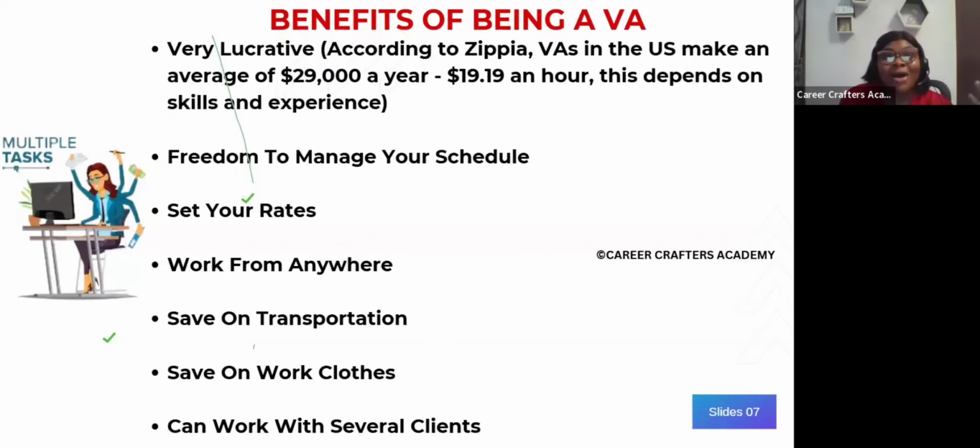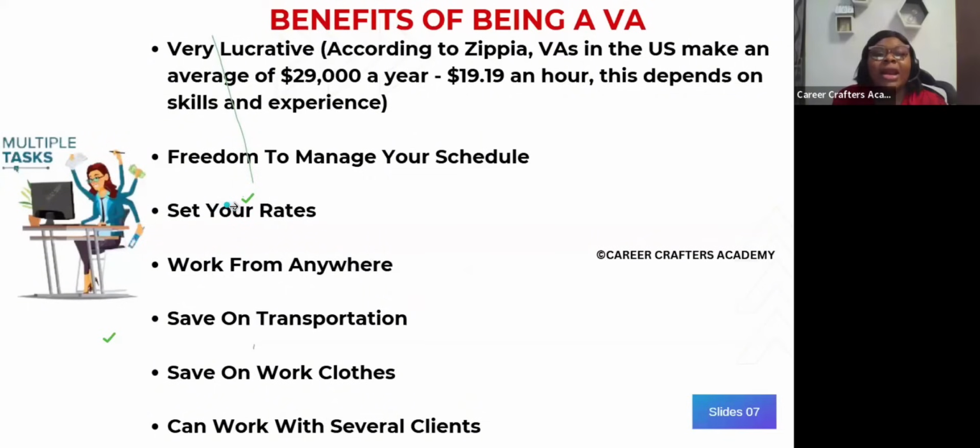Our people in the Philippines charge crazy amounts. You see them charging $2 per hour. And you, who may be Nigerian, are charging so high and wondering, and they work really hard. Like the Philippines on my team, they work really hard. So everybody has their price point. The amount you will earn depends on your skills, your experience, and how you're able to negotiate. It depends on that as well.